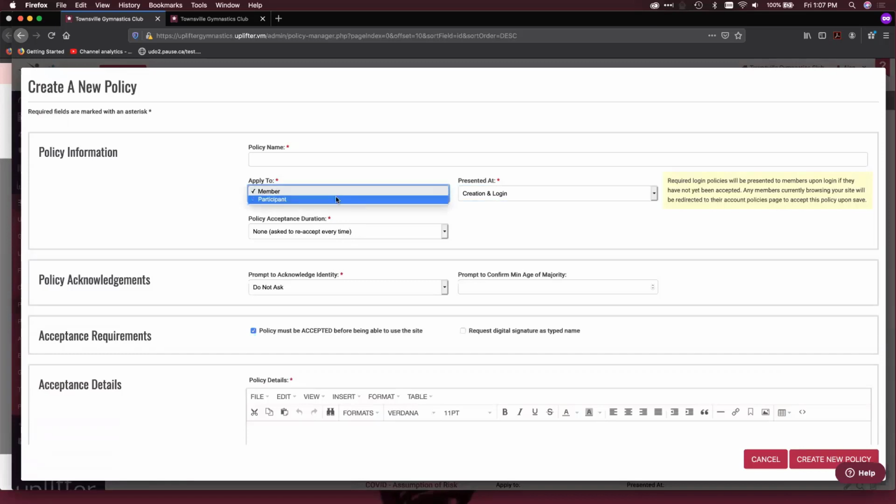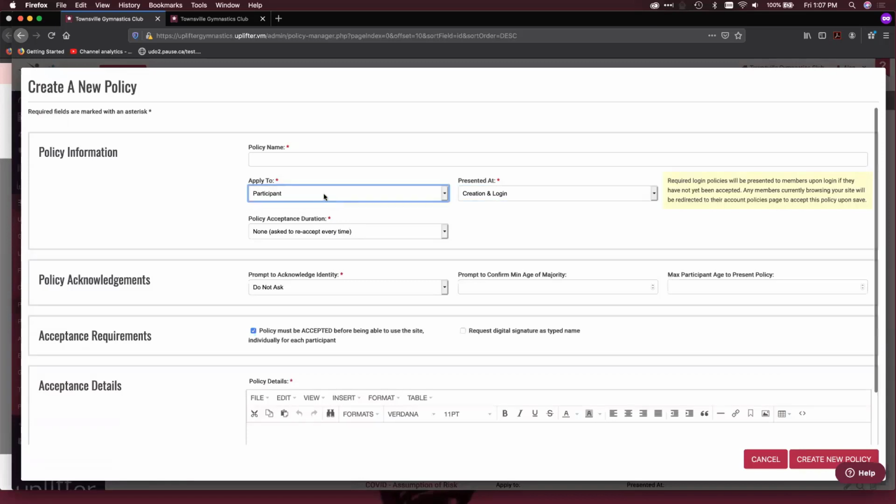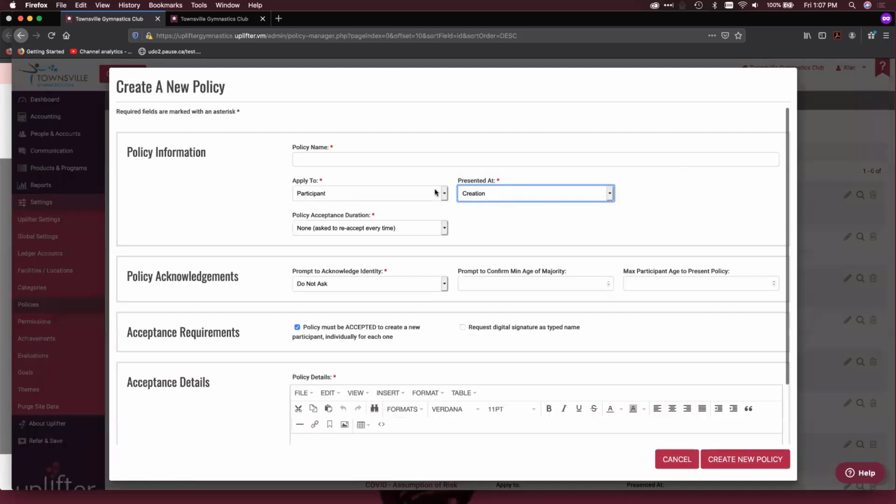So as I mentioned as well, you can also create your policies to apply specifically to a participant. So, as I mentioned, when you go through the checkout policy, if you've actually checked out with multiple children in your checkout, if you have a participant policy, it would present you a policy, one for every participant. And this might be very good for an acknowledgement of your risk in terms of COVID-19, or a concussion policy where you actually do need to track a specific acceptance for each and every single participant that is going through the registration process.